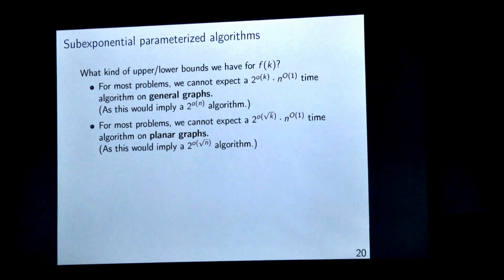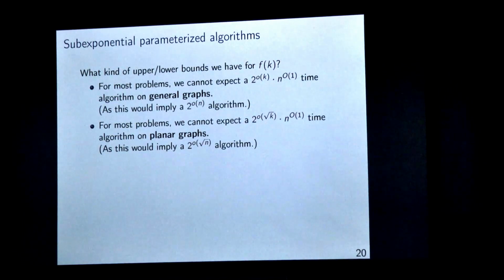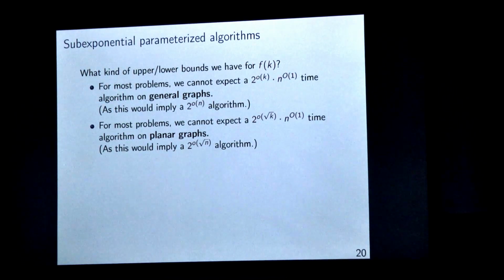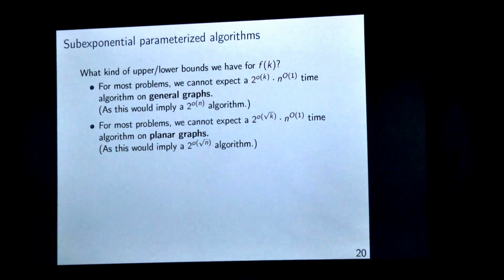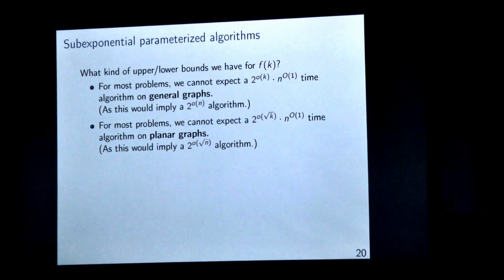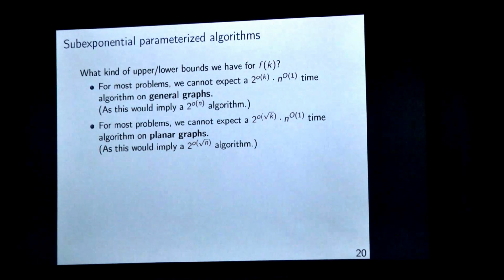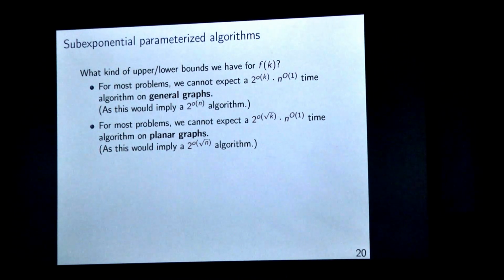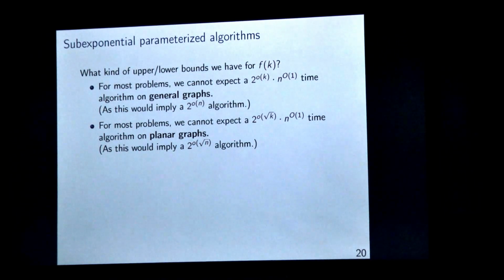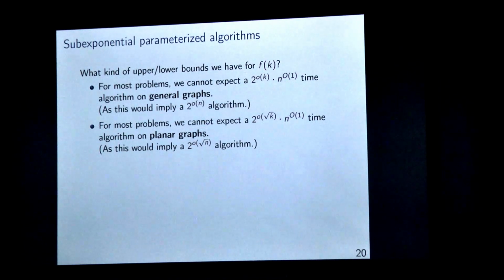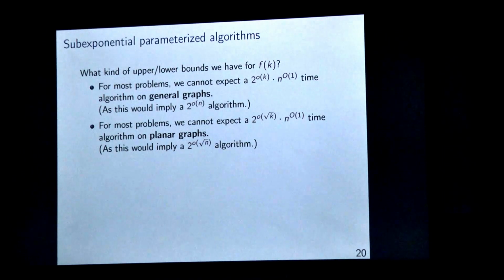So now, what kind of upper and lower bounds do we have for this? For most problems, we cannot expect a 2 to the power little o of k poly n algorithm. Why? Because that will imply a 2 to the power little o of n algorithm, and that we have already ruled out. Similarly, a 2 to the power little o of root k algorithm doesn't make much sense because we have already ruled out a 2 to the power little o of root n algorithm, and in most of the settings we want k to be less than or equal to n. So you cannot expect such a running time. But